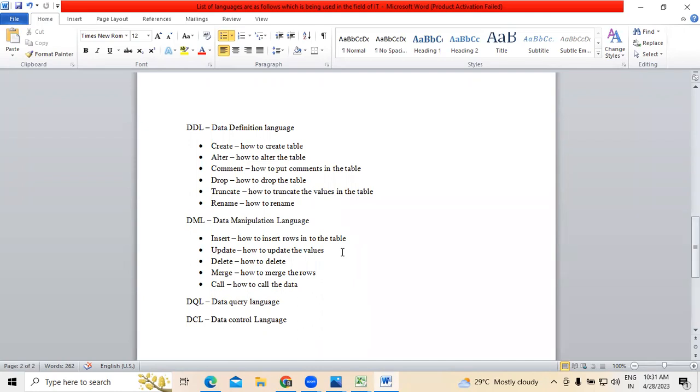So data definition language and data manipulation language, these are the two major ones. Whenever we are learning SQL, these two are important, right? Third point, one of the major things is data query language, where we use an option called select, right? So whatever you can write down, all the commands